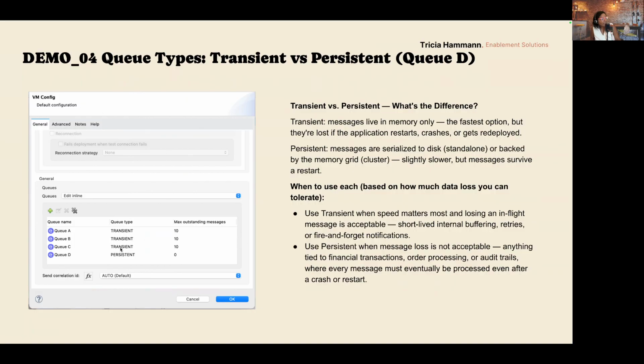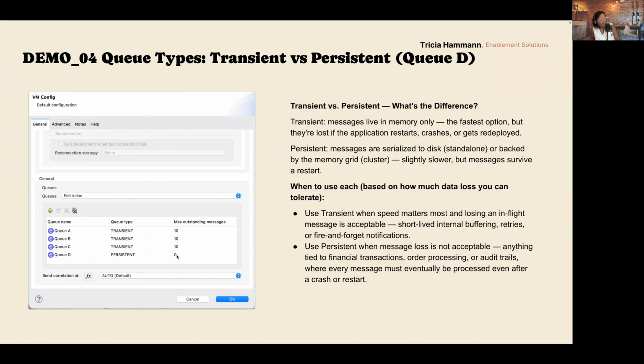And in this screenshot, you are seeing that we are working with the QD. And the Q-type is persistent in this case. We will start with a transient Q-type, which is the default value, and afterwards we will come back and do the modification to select and to be able to see the behavior of the persistent Q-type.